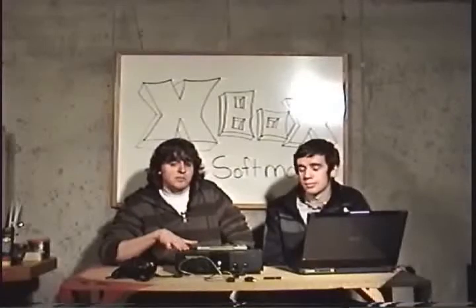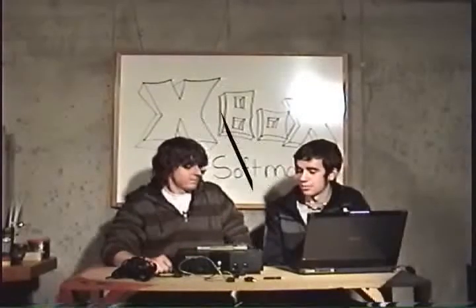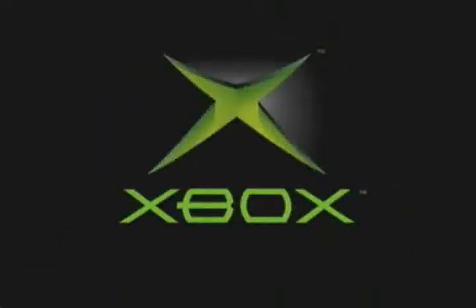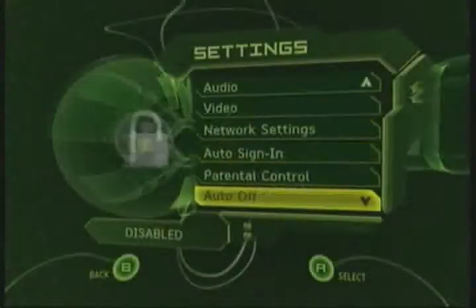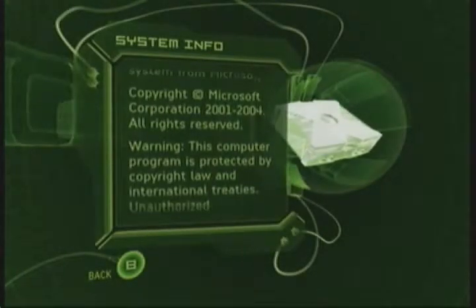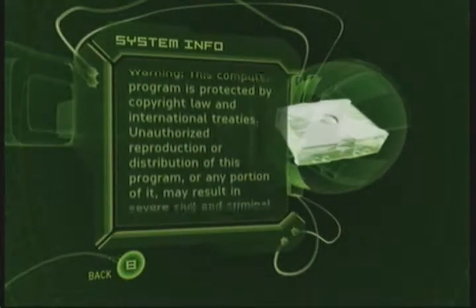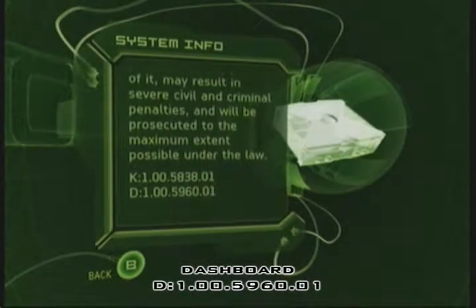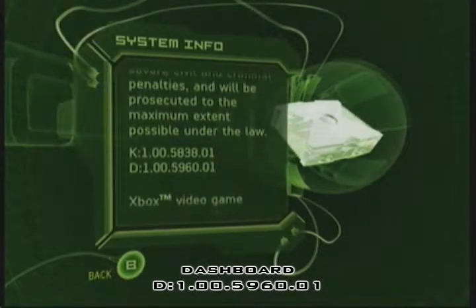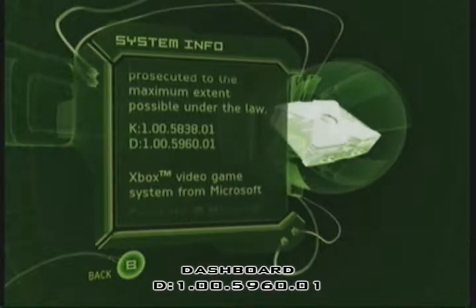What we're going to do is boot up our Xbox and make sure that we have our dashboard completely up to date. To find out your dashboard version, you just go to Settings, scroll down to System Info, and wait till this whole long copyright bit goes through. Just fast forward here. Alright, at the bottom you see K, which is the kernel, and D is the dashboard, and you want to make sure your dashboard is